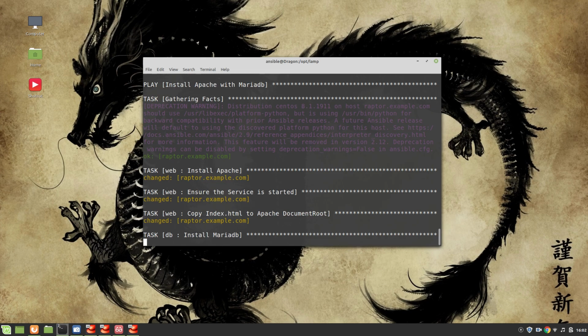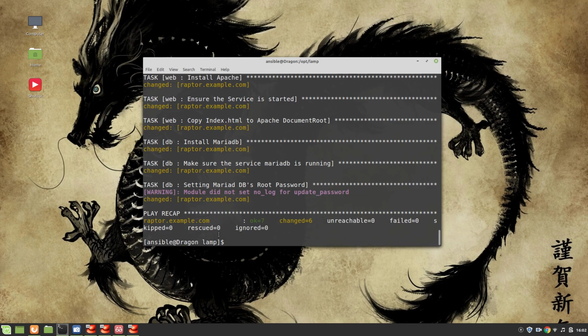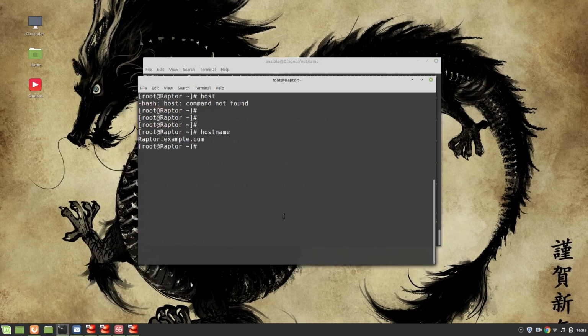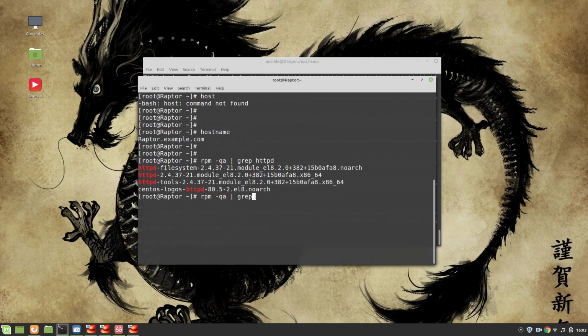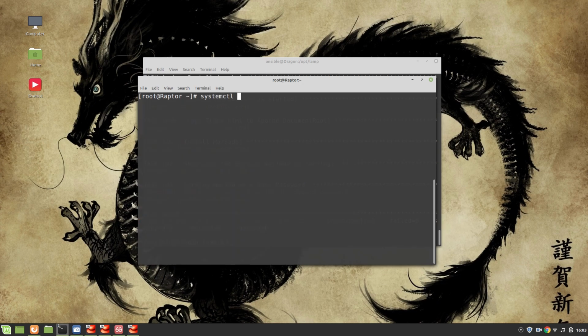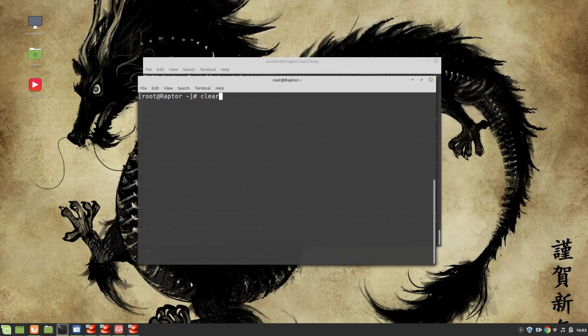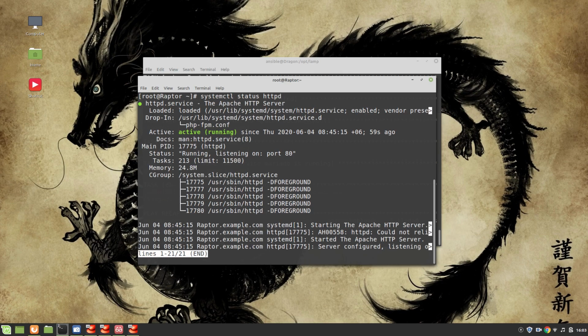And it should work. You need to wait for a while. Okay. And now it went to make sure, yeah, perfect. So you can see now that everything has worked perfectly. So let's go to our Raptor and check with rpm query grep httpd, perfect. And what about MariaDB? Perfect. And now systemctl status httpd. My bad. httpd is working